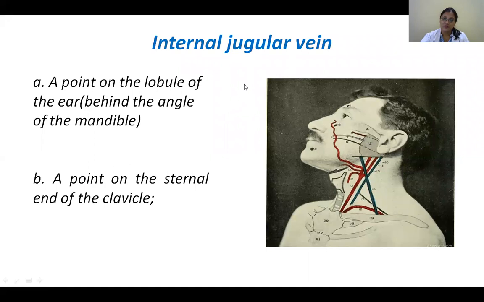Then come to the jugular veins. So the internal jugular vein, and you've got your subclavian vein. The internal jugular vein is bringing the blood from your brain, and the subclavian veins are bringing the blood from your upper limbs. These two together form what? Brachiocephalic veins. And both brachiocephalic veins become what? Superior vena cava. And the superior vena cava opens into the right atrium.